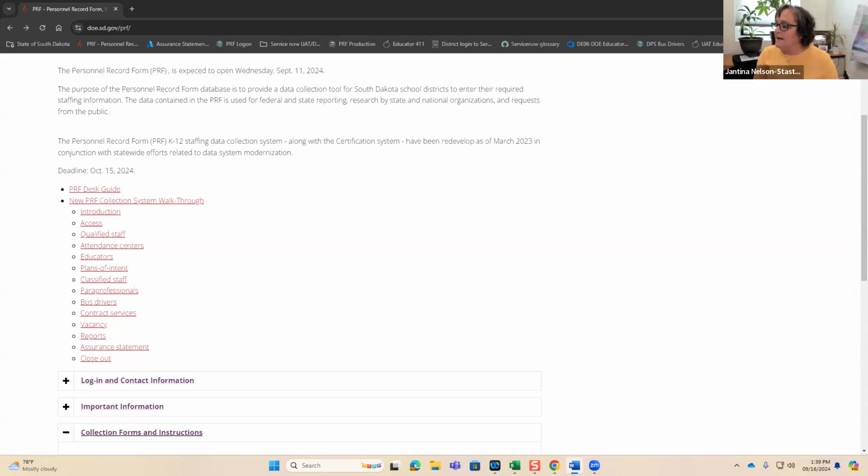Additionally, the primary contact will now be able to manage your users that can access the system. Most of these were set up ahead of time based on the information you gave us on the educational directory collection. If the PRF contact didn't have an account already set up in the single sign-on system, we weren't able to assign a primary contact.